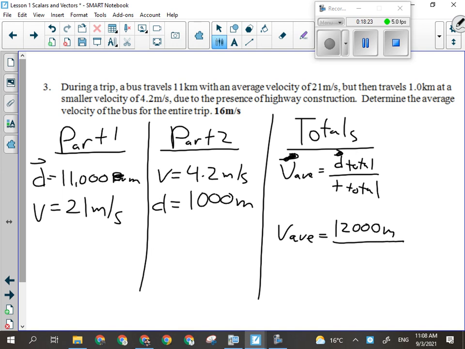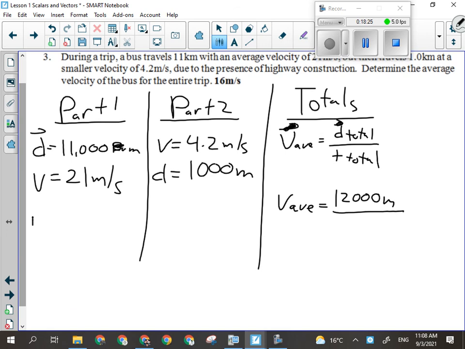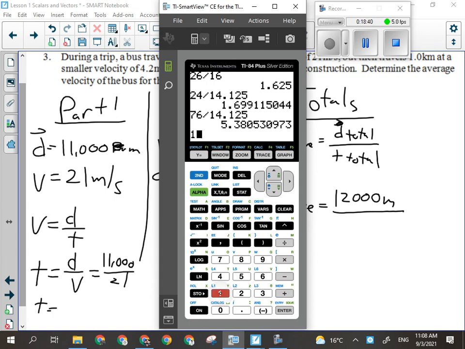But that's okay, because I can calculate it using v equals d over t. I've just got to manipulate for t. So t equals d over v. So that'll be 11,000, okay, divided by 21 for part 1. Whoops, missed the one. All right, so we're looking at